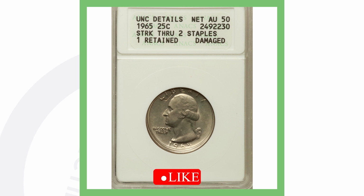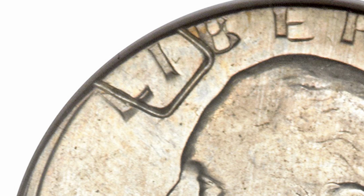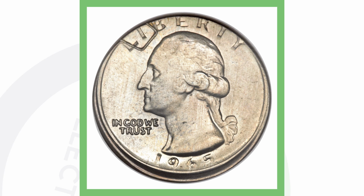Next up is a 1965 Washington quarter. Now this is a really interesting coin because it's got a couple errors taking place here on this quarter. Like I said, it's a 1965. It's been struck through two staples. So you can see the staple there on the front, up there at the top going through the word Liberty, and you can see the staple there on the back at the top. So that is pretty cool, man. I would love to find something like that to add to my coin collection. Now this quarter here sold for over